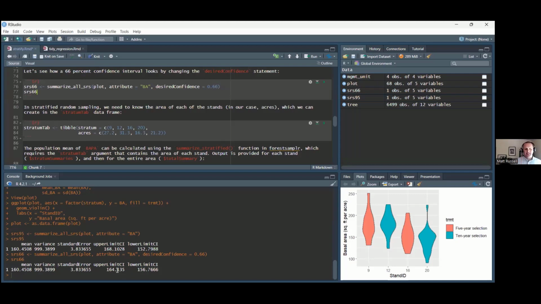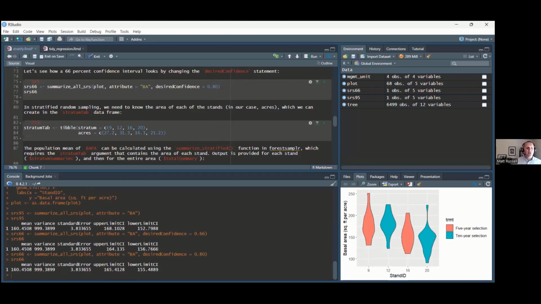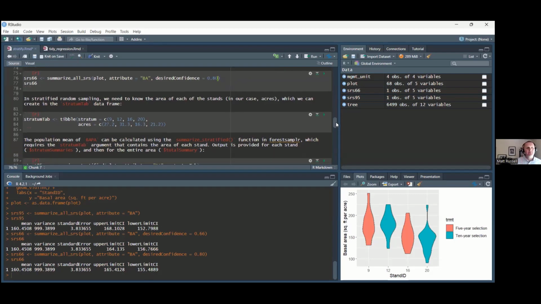So it's a narrower interval because you're less confident about the result. If we wanted an 80% interval, we could enter that here and hit run, and you can see how these confidence limits change based on how we change them in the function.